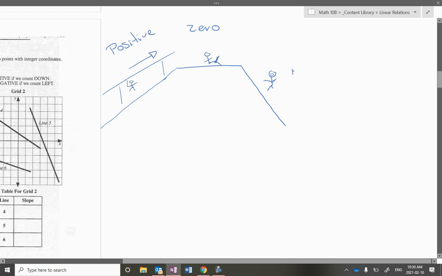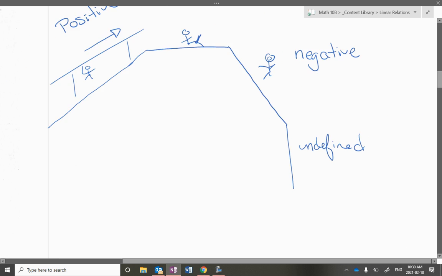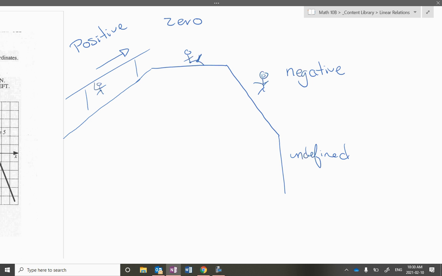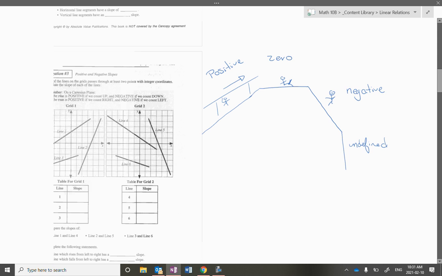Screaming. So then that's a negative slope in that direction. Say then you hit, what is it, a tree well? Your emotions are all over the place, so then you're undefined. So this is like a general trend of your slopes. So positive, you're always going in that direction from left to right, moving upward as you go up your chairlift. 0 is our horizontal slope line. Negative is you're terrified going down a black diamond, and then you fall off a cliff and die and you're